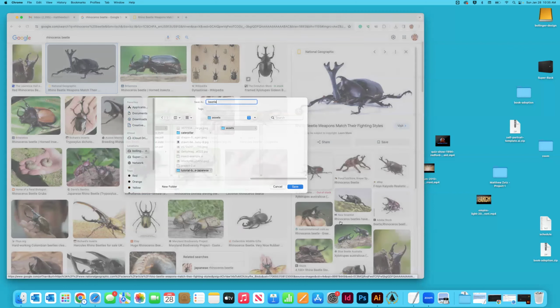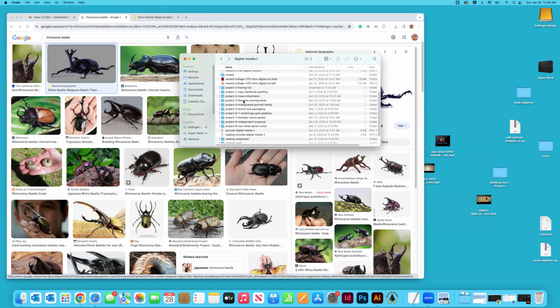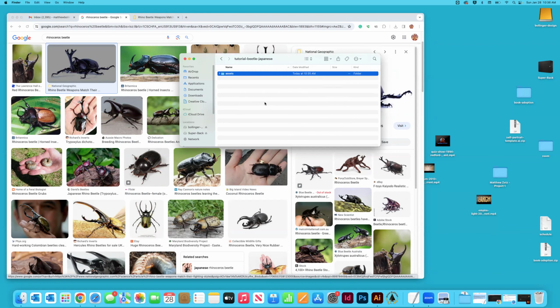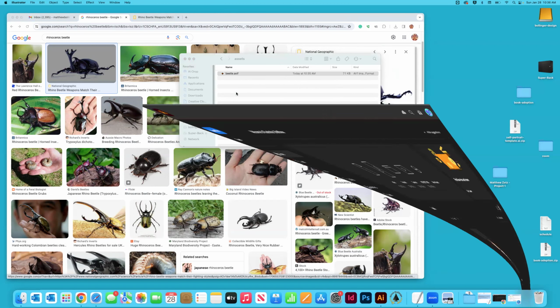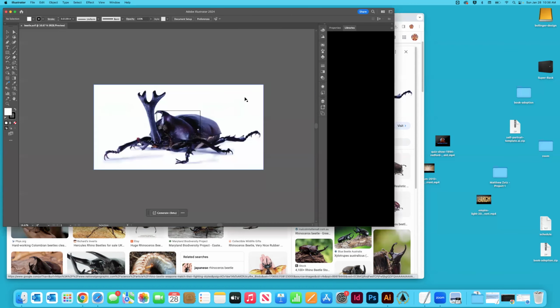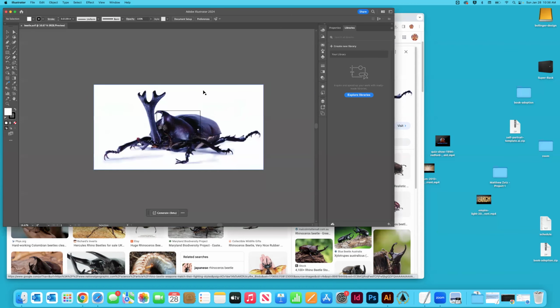So backing up, whoops, assets, tutorial, another assets folder. And that is actually an AVIF. I'm not sure if we can open that in Illustrator. Let's see. It looks like we can. That's good. Okay. So, but before we go there, so we know that it's a file that we can work